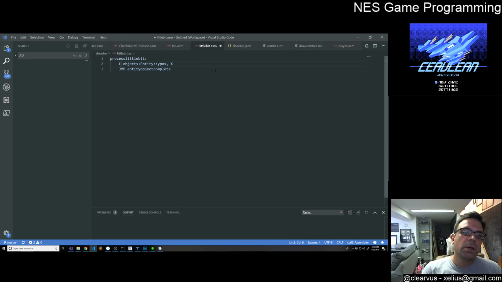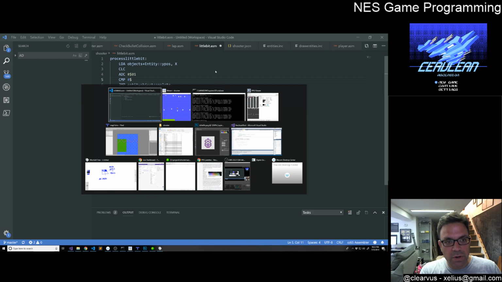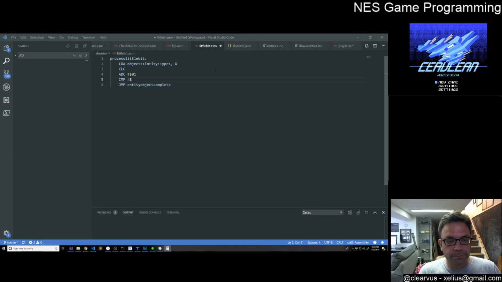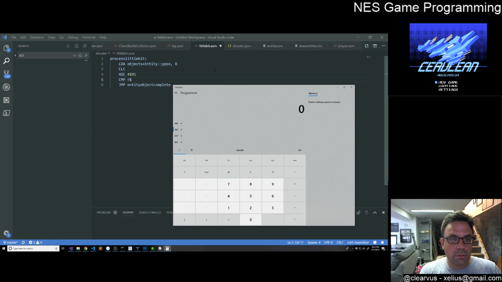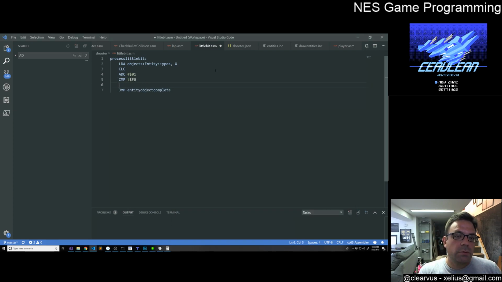Let's load A, clear carry, add carry, 1. And then we want to compare it to 240, which is some value in hex that my brain refuses to remember. F0. Compared to F0, branch if not equal to there, which means we're done. Store A